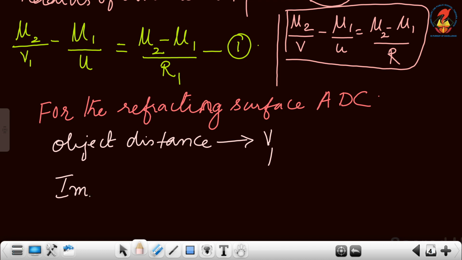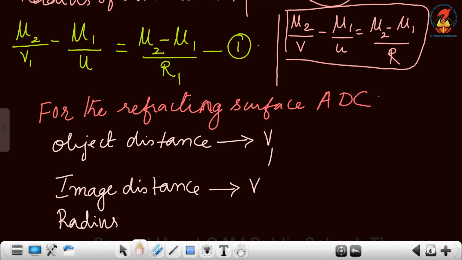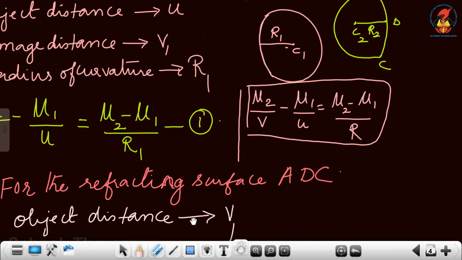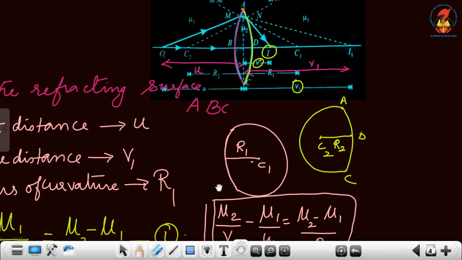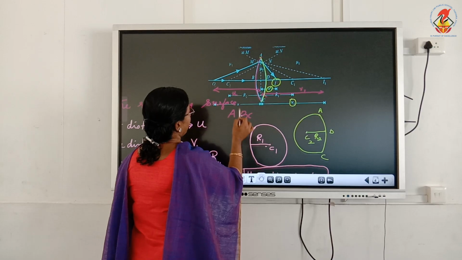The image distance, that is the final image obtained, is V. The radius of curvature is R2. And one more thing which you have to remember is, see, for the first refracting surface, the object was